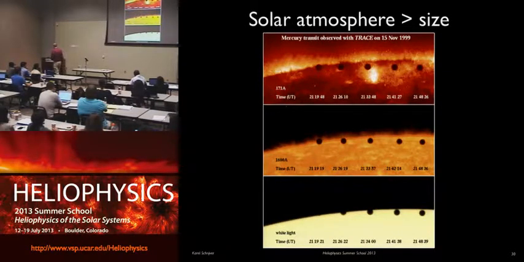This is a set of interesting images. Occasionally, Mercury goes in front of the sun, and it won't happen for a while anymore. When is it? 2018, is it? One more. And this is a series of snapshots in different wavelengths, in the visible light coming from the surface of the sun, in the ultraviolet, and in the EUV at 171 angstroms. I've basically just put a series of pictures next to each other, so there's a time difference going from one to the other. Here, Mercury touches the photosphere. Here it doesn't, and then there's something else funny happening. There's a strong brightening there. What's happening in these pictures?